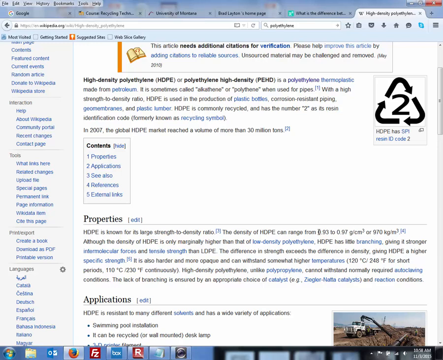Here's something that's important to note. The density of most of these plastics is right around that of water. In fact, it's a little bit less than water. Is that a good thing? Is it a bad thing? Well, in some sense, it's good for an industrial process where you actually want to separate plastics. It's bad in the sense that it's kind of floating out there in the ocean at about neutral buoyancy and being ingested by marine life.